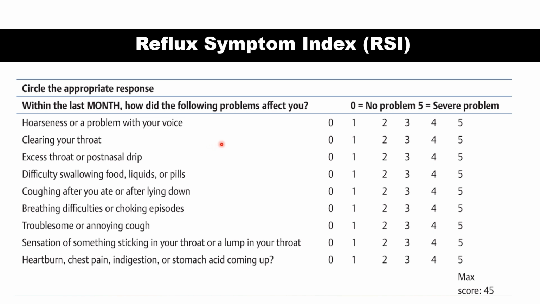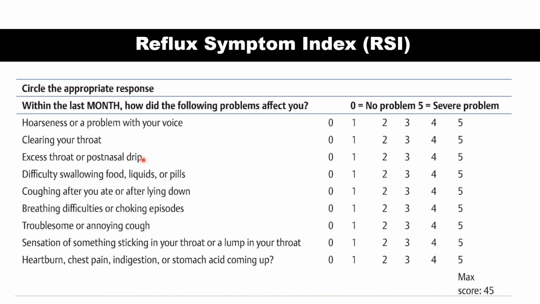It aims at quantifying the severity of the problems on a grade from 0, where there is no problem at all, to 5, where there is the maximum possible severity of these 9 items, giving a maximum score of 45 points. These 9 items include problems in the voice, clearing the throat,